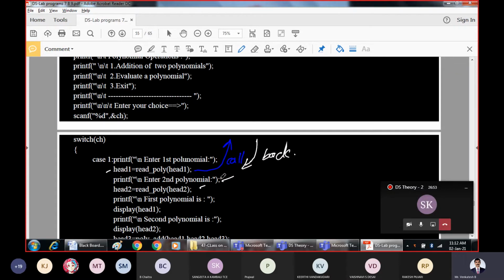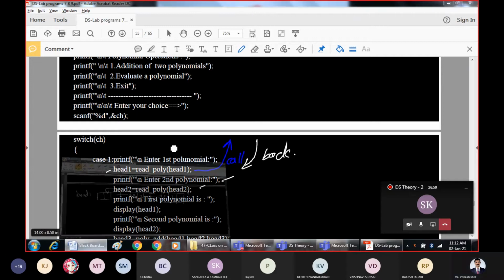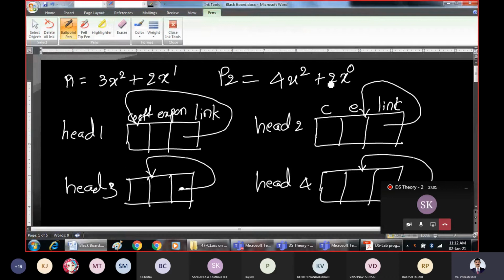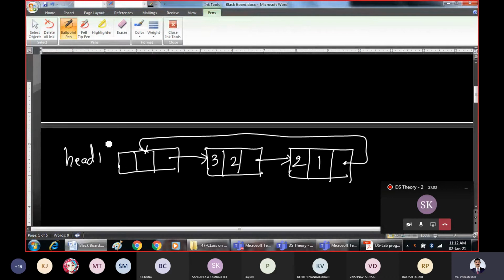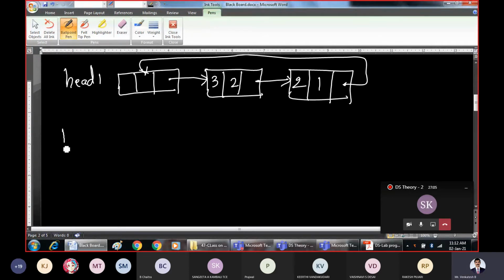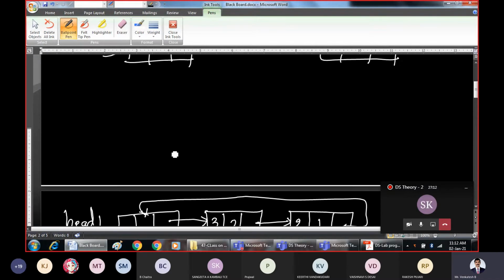Similarly, we will read the second polynomial. I need not explain that. So what is the second polynomial, which we have already considered? 4x square plus 2x raised to 0. Call it head 2 or P2, whatever name you can use. This is simply a header node.